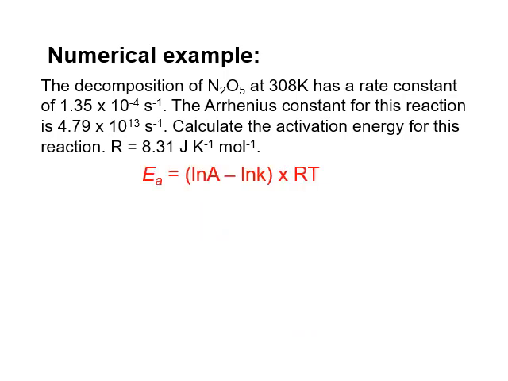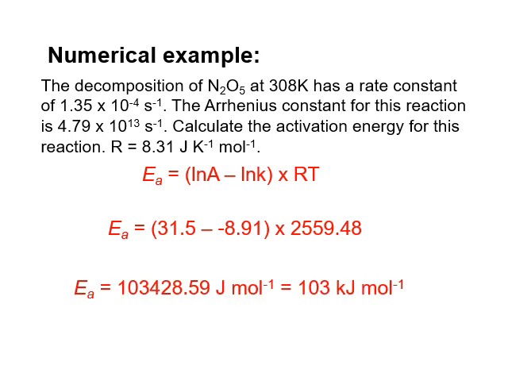So here's our rearranged equation. We're going to sub in the numbers. So we first of all need to use a calculator to do the ln of A and the ln of k, and we should get 31.5 and minus 8.91. Then we also need to times R, 8.31, by the temperature in Kelvin, which is 308, which gives us 2559.48. And then we're going to multiply all that together, and we get